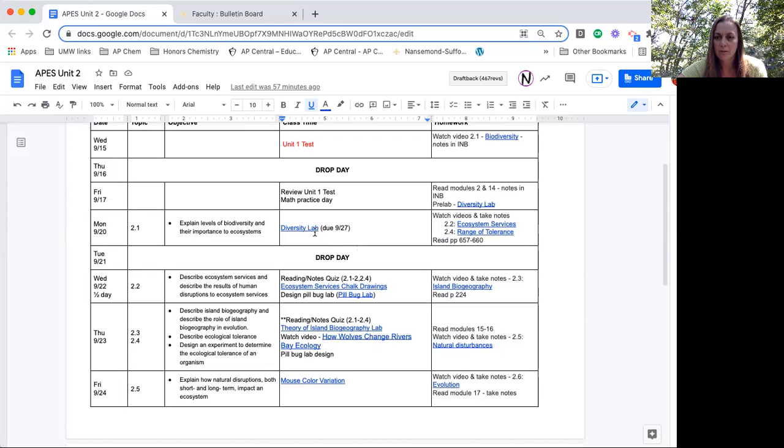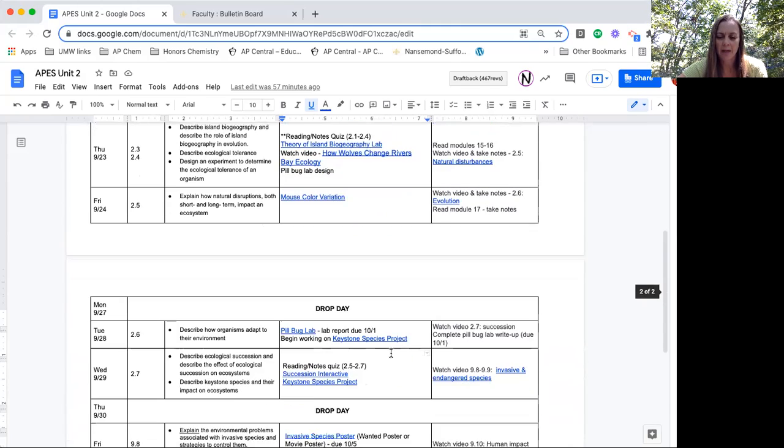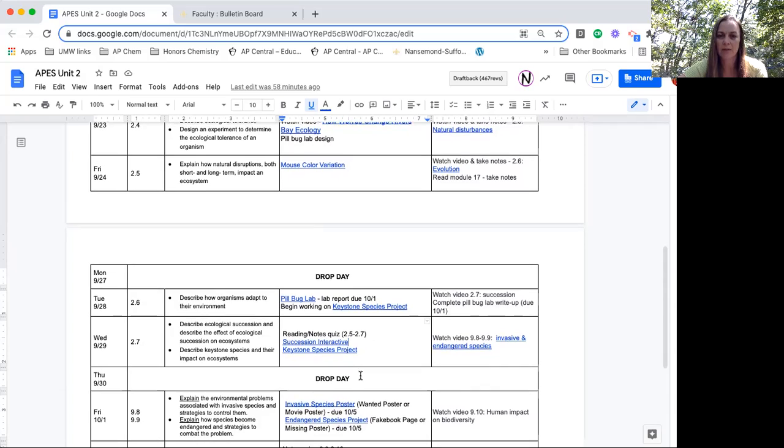Each thing that we do is generally hyperlinked on the syllabus. So you see these things that have the blue and the underline. That means that that's a hyperlink either to a Google Doc, a website, a video, whatever it might be. And so there will be due dates if things are long-term projects. If it's expected to be turned in that day or the next day, then there's not necessarily going to be a due date.